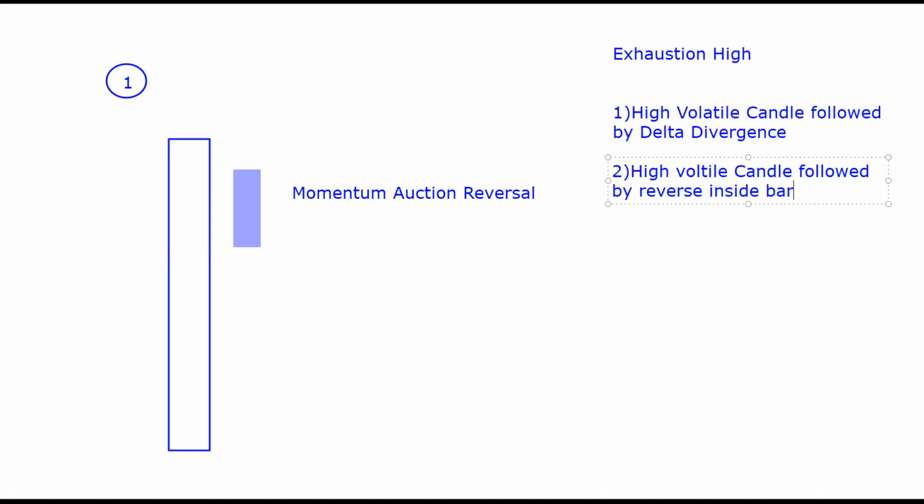That means if the high volatile candle is positive, the inside bar is negative. If the high volatile candle is negative, the inside bar is positive, and that's why we can say it's one form of a momentum exhaustion, right? So momentum exhaustion happened, or at times the top of the levels